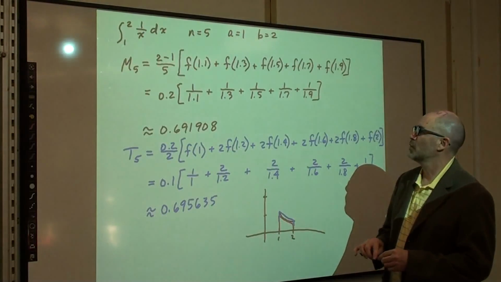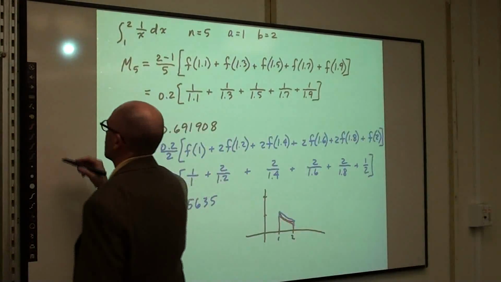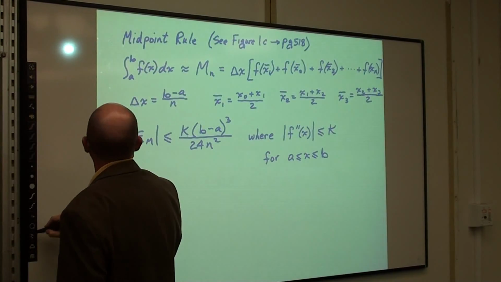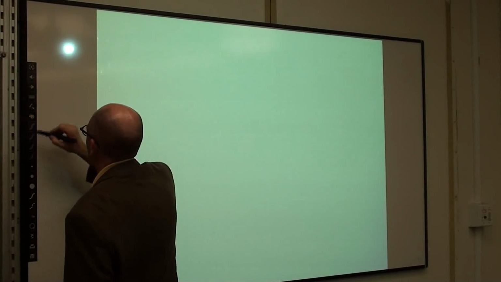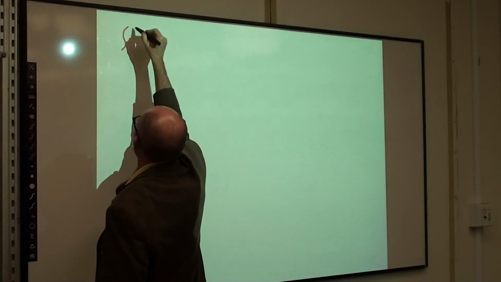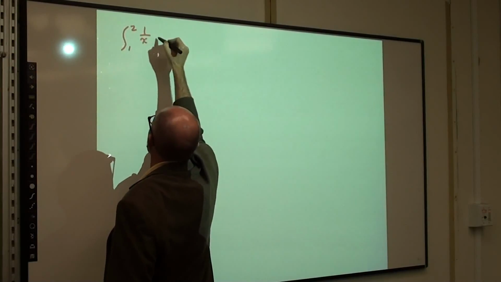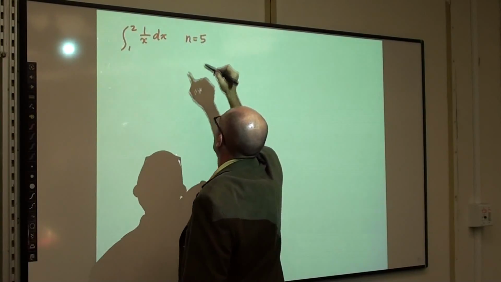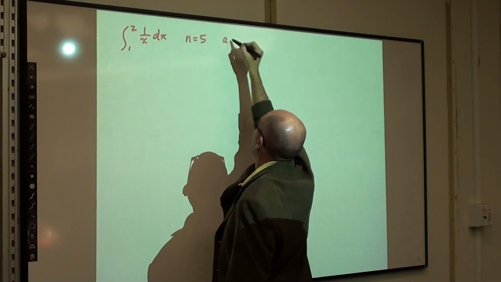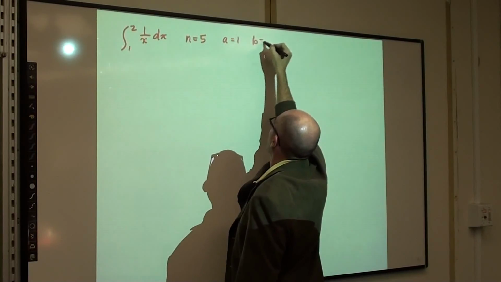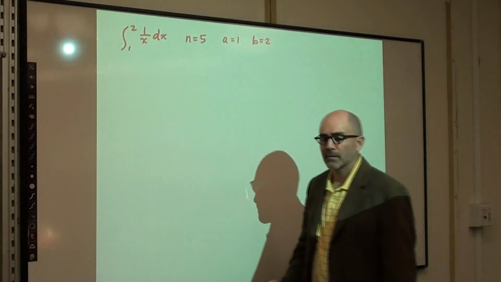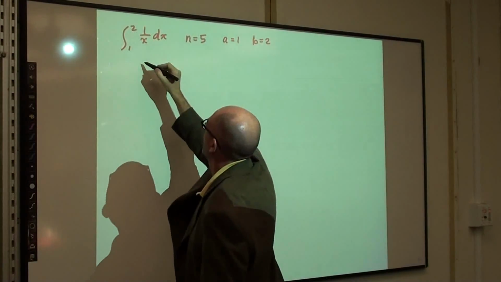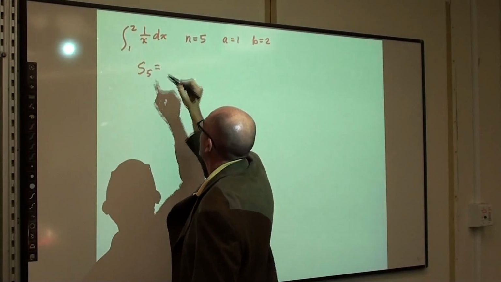Okay, so we're going to do the integral from 1 to 2 of 1 over x dx, 5 rectangles. So a is 1, b is 2, and we'll do Simpson's rule. So S sub 5 is going to equal,